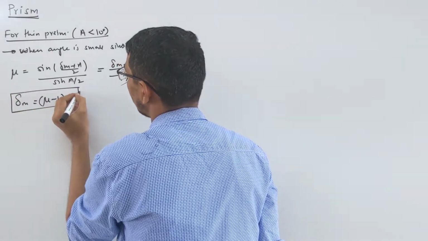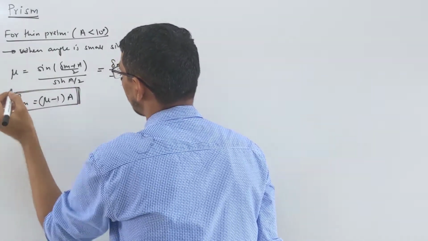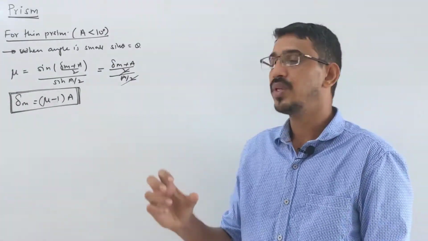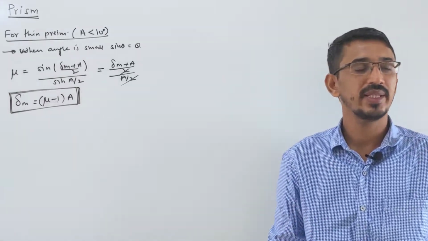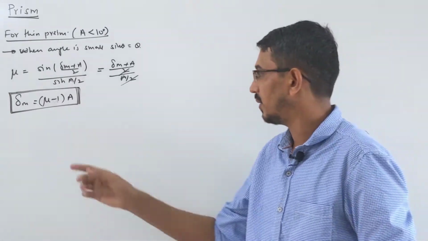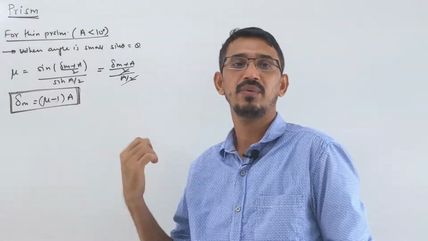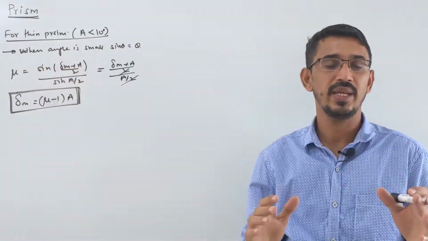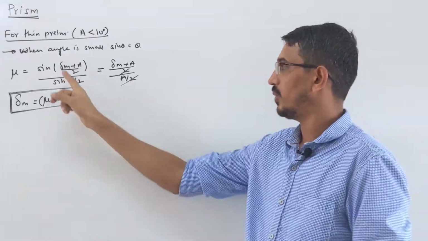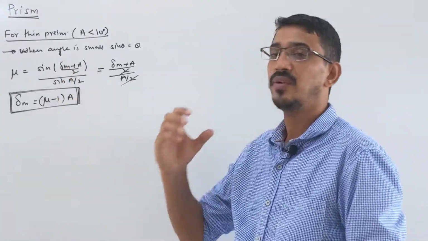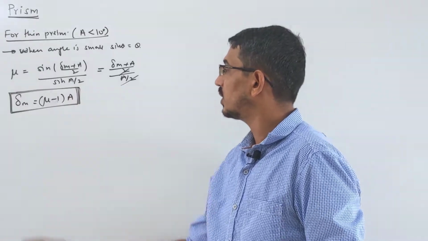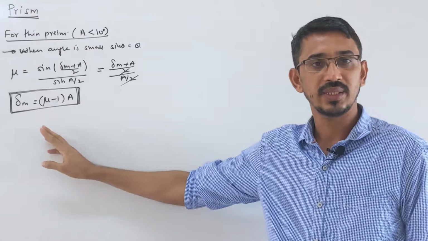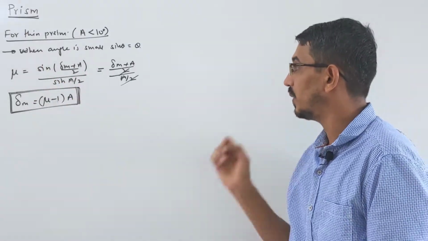Very, very important. The next calculation will depend on this formula. A direct question is also asked in the exam. When the angle of the prism is very small, less than 10 degrees, like 5 degrees, 6 degrees, 2 degrees, 3 degrees, then you use this formula to calculate minimum deviation. Normally, when the angle of prism A is given like 30 or 45, we use the usual formula. If it says a thin prism, then we use this formula. This also relates three things only: minimum deviation, angle of the prism, and the refractive index. So it's very, very important.